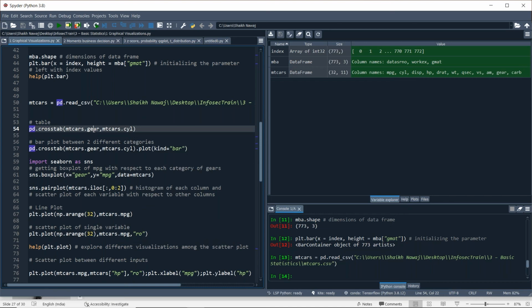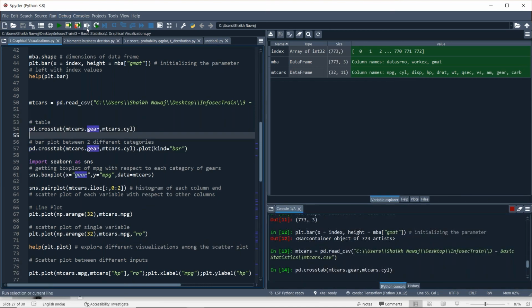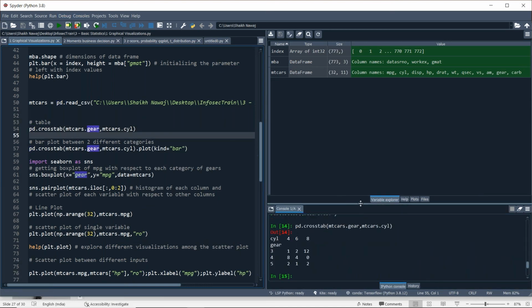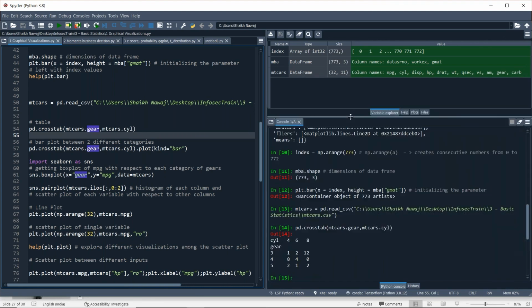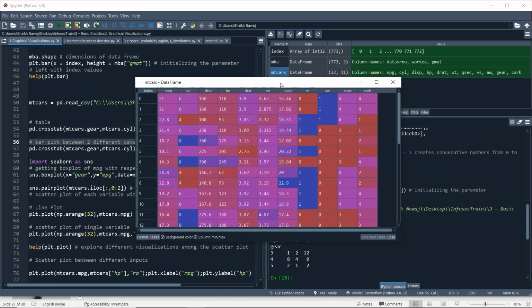So first, let's plot a cross table of the cylinder column and the gear column.